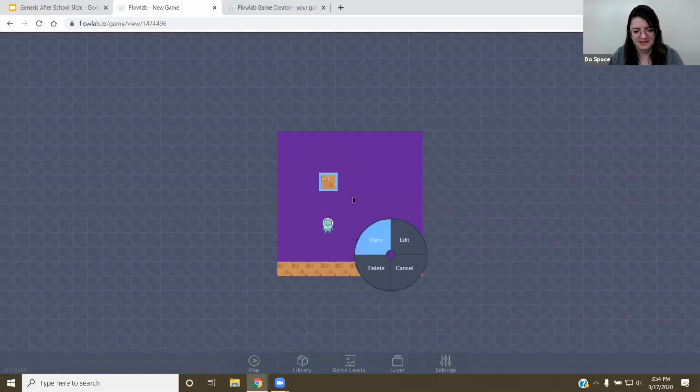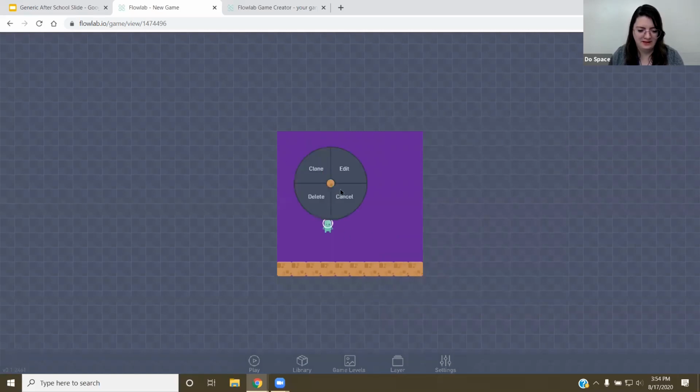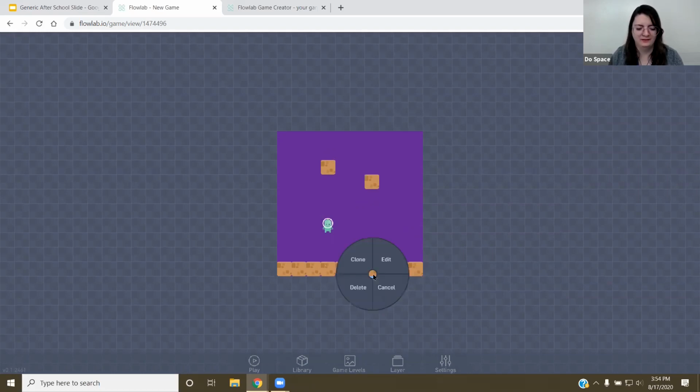The interface is a little weird, but I click cancel. So if I left click here and I click cancel and I click again, then I can move it. See, I click on this little cube right here, click cancel, and then I can move it. So it's not very user-friendly, but it's still pretty good for what we get being free.